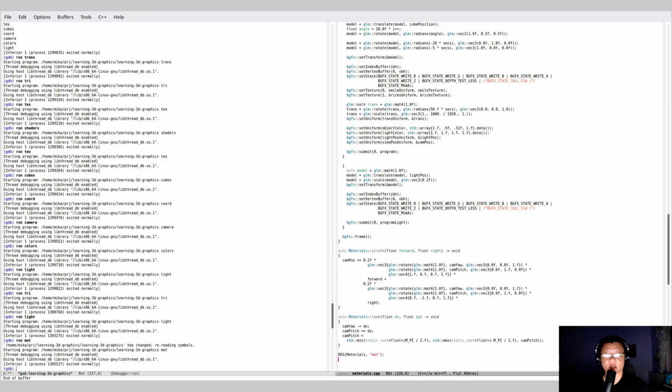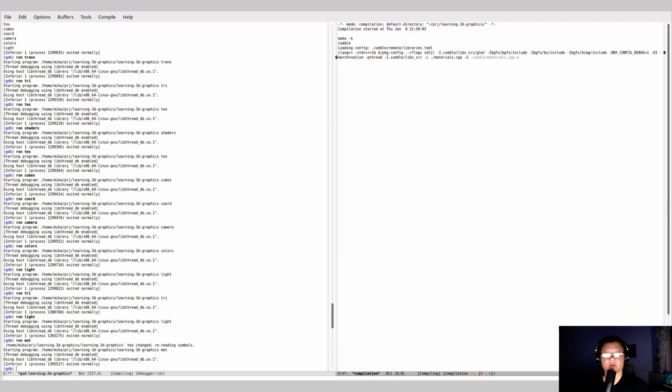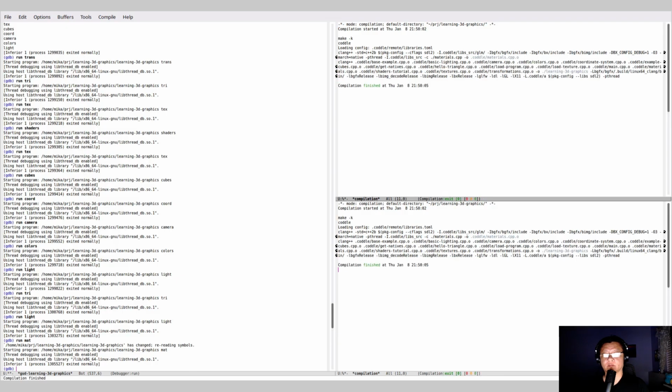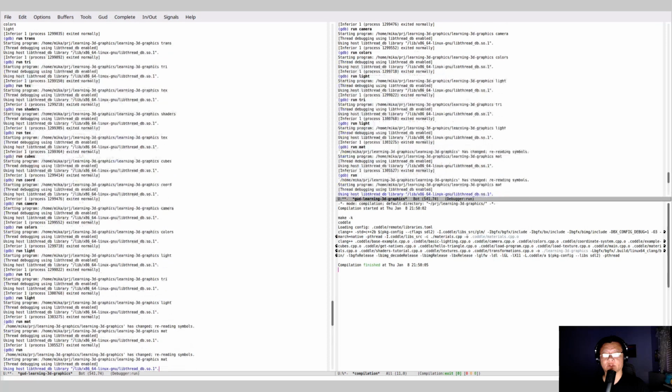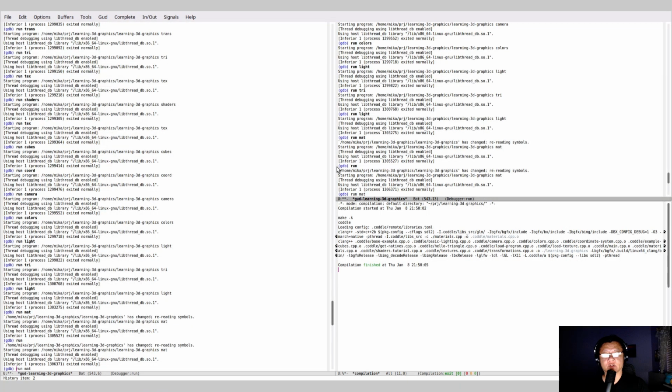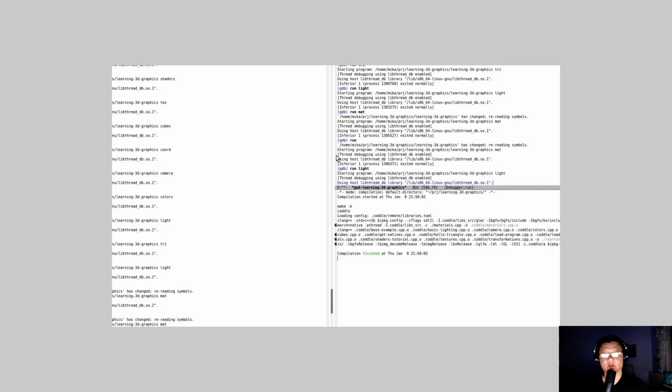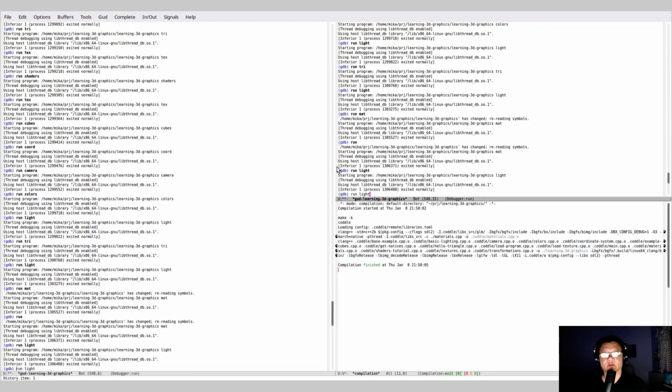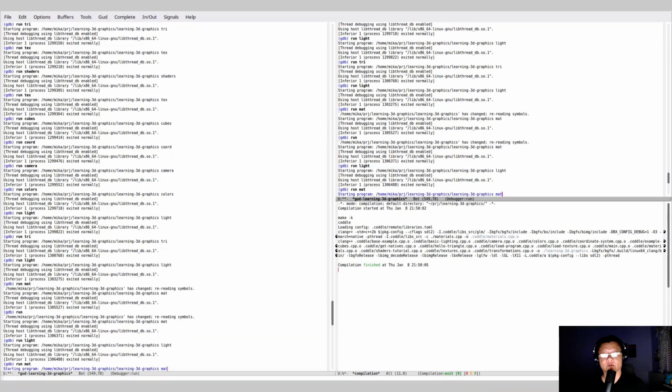So we can set, instead of coral, let's do blue. So let's see if the color will change. Yeah, now it's blue color. And if we would do light, yeah, so this is two different